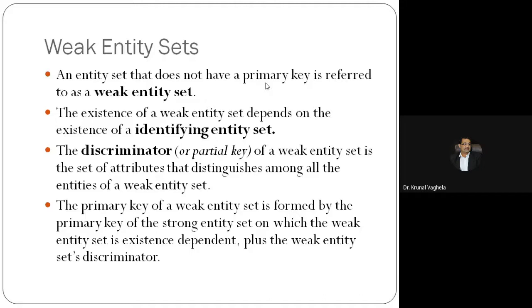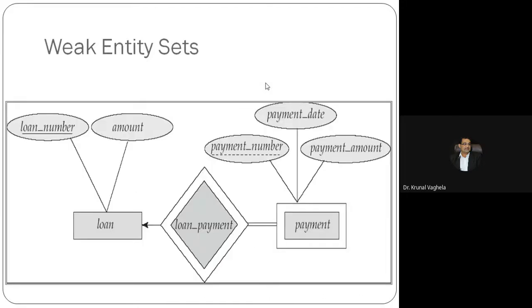Let's take an example, then you will understand this. This is payment. So installment means installment. We have taken payment number, payment date and amount. So this is a weak entity set, as we have already seen, because payment number will be repeated, date also will be repeated, and payment amount also will be repeated. So this is a weak entity set, and you can see it is a double rectangle.